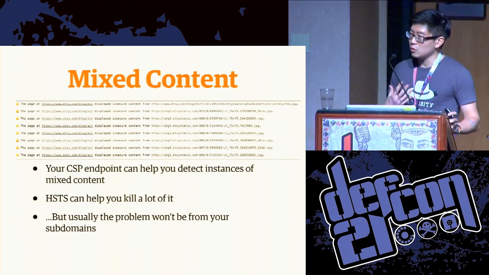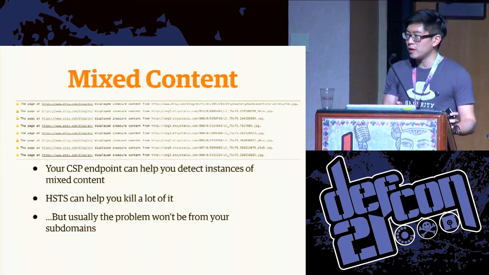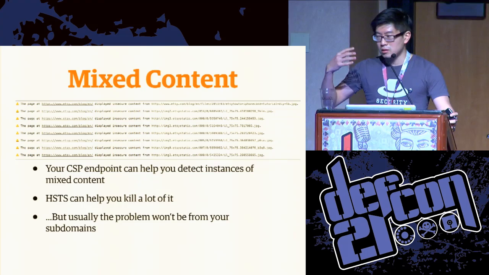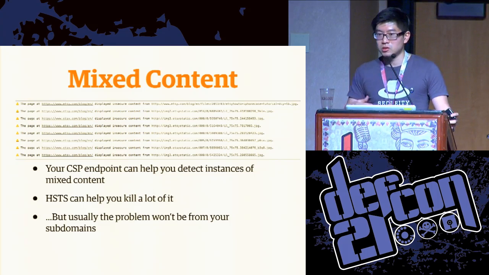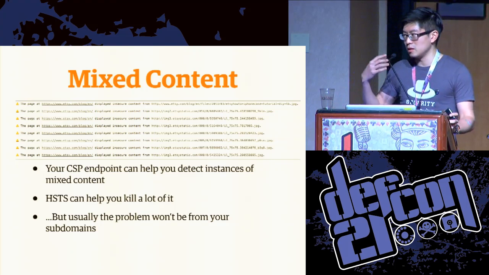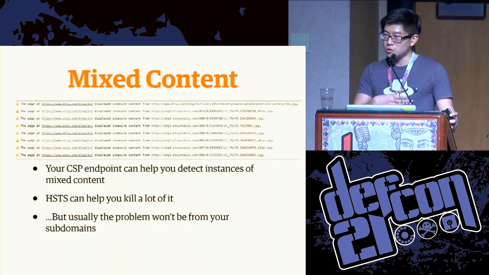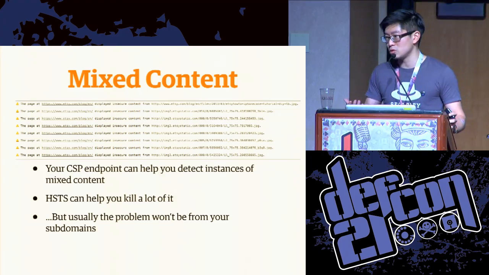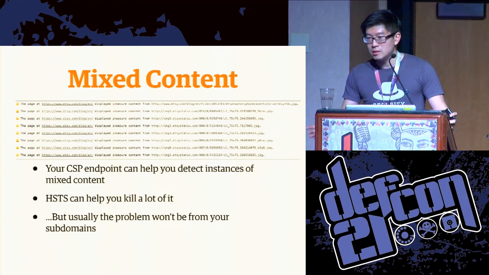So essentially the technique that one can use for detecting this mixed content on your website is if you specify a content security policy and you have a reporting endpoint, the browser essentially sends a JSON blob to the reporting endpoint containing information such as the document URI, the URI of the blocked element, what have you. And so basically if you just parse this blob and detect if the scheme of the document